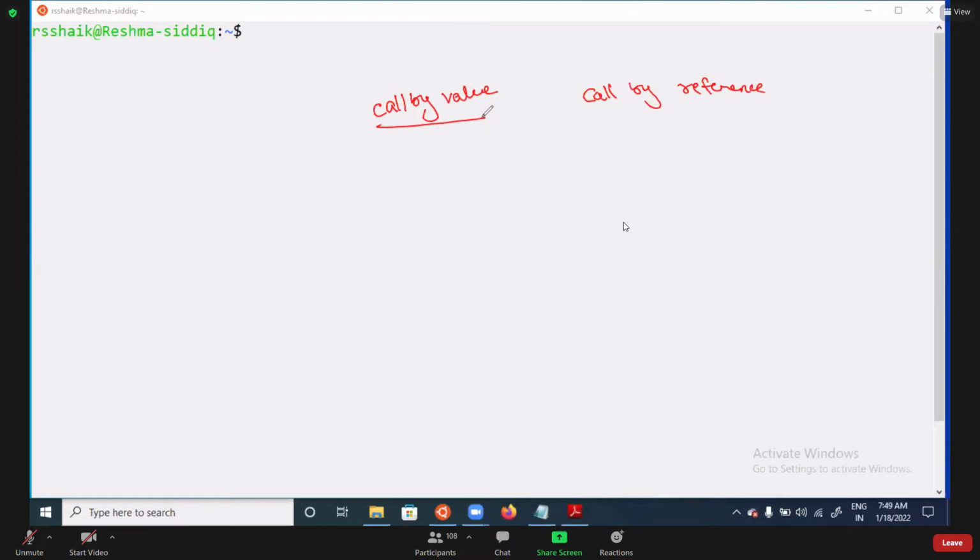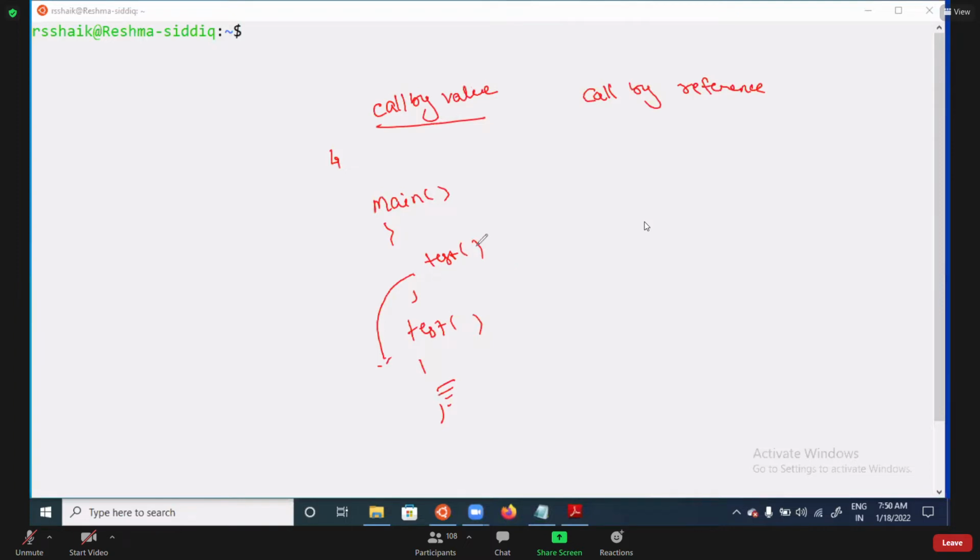Call by value means whatever modifications we do in the called function will not be affected in the calling function. Main is a function, and assume it is calling another function, test. Whatever modifications we do in the test function will not affect the actual argument.